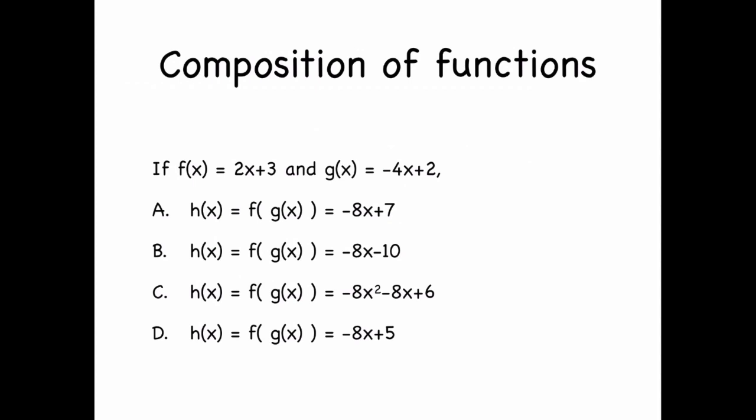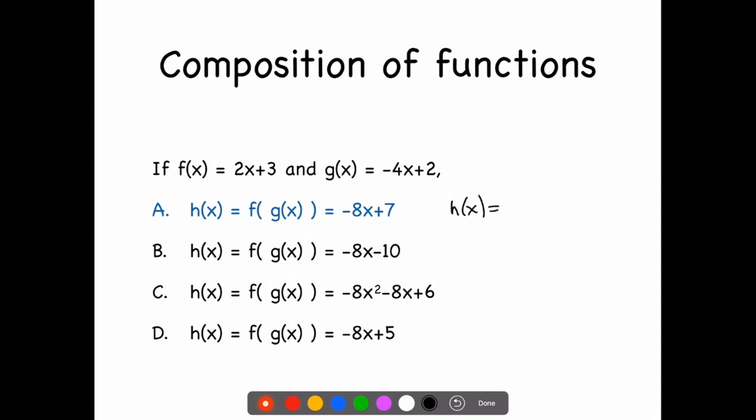Okay, I assume you're done and you've committed to an A, B, C, or D answer. So the correct answer here is the first one. How do we get that? Well, whenever you have a composition f of g of x, you plug the g of x expression in for x, which means h of x is equal to,